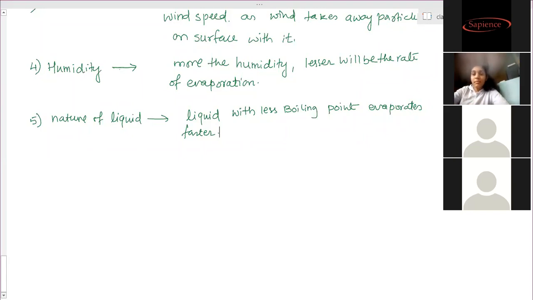Ma'am, the same thing happens in the pain sprays we use? Yes, everywhere the same reason is there. Ma'am, which substance is used for that? It is a liquid which evaporates faster and will not react with the body. So the pain is there, but we won't feel it. Therefore the name painkiller, for those applied from outside.